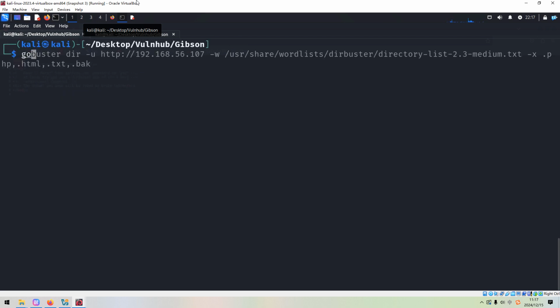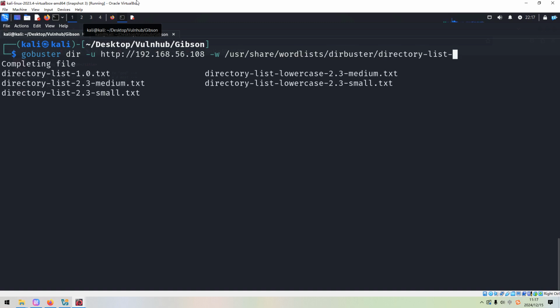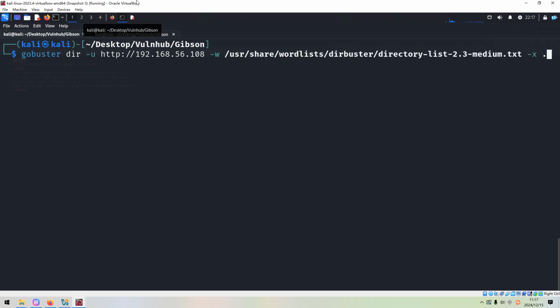And next we can launch GoBuster to do the directory enumeration. And we can use the -w option to specify the wordlist, and the extension option. Press enter.